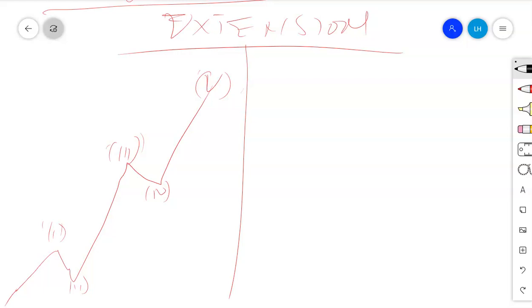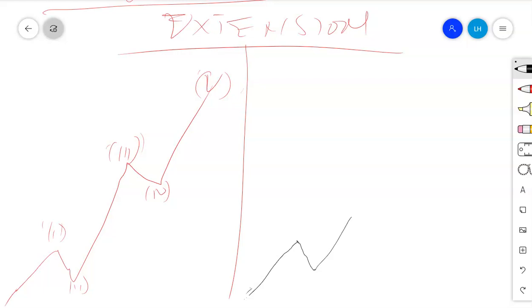Now, how can you identify that wave number 1 is going to be extended? You will find that when you are counting those waves, the structure of wave number 1 will be something like this. We have 1, 2, 3, 4 to the top. Wave number 1 will be something like this: this is wave number 1, then we will have this 2, then you will have 3.